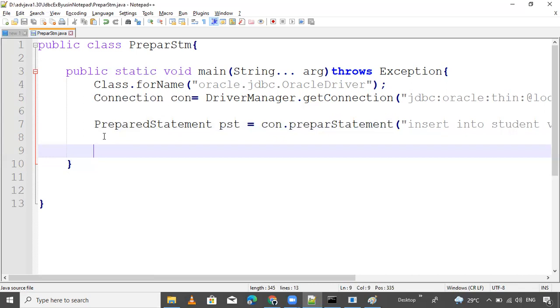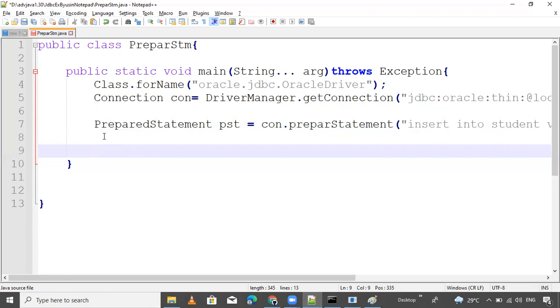Now next, I want to ask the user how many records they want to insert. So simple. You can ask the user by using a for loop, it's okay. Otherwise, we insert at first compilation, first execution. I want to insert two records. Okay, so now it's easy, na?